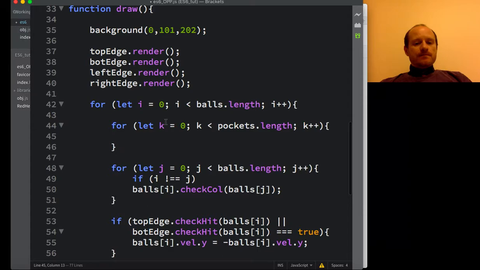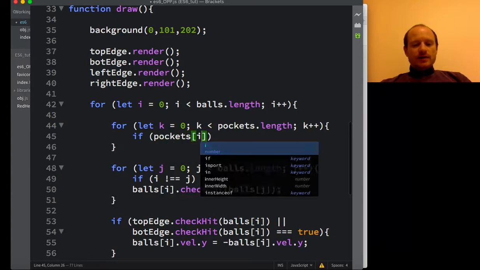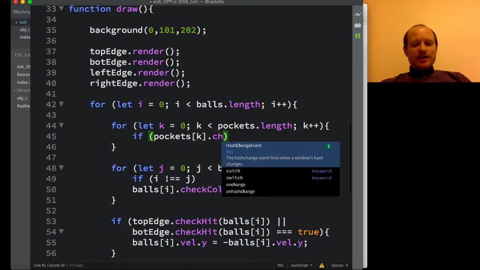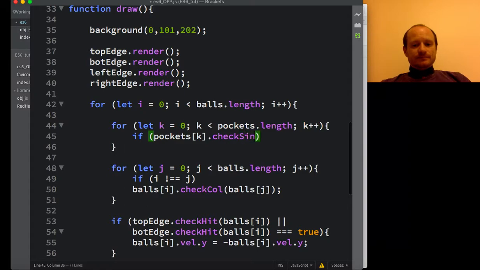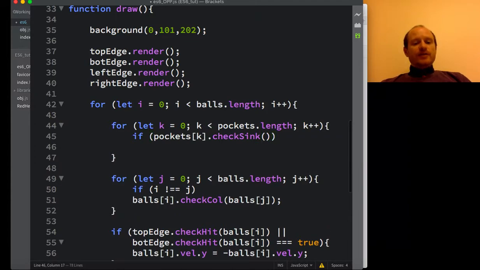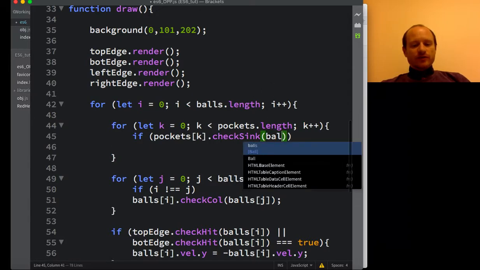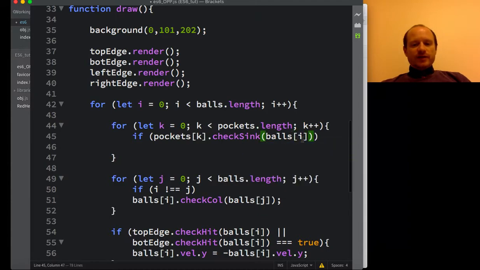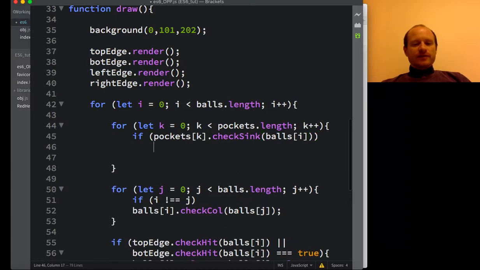I'm going to say if pockets k, that's the correct index, check sink is true, then we want to splice the current ball that we're checking. Oh, we've got to pass in that ball, of course. Balls, and that's cycling around using the I index. Okay, so if we've sunk, then